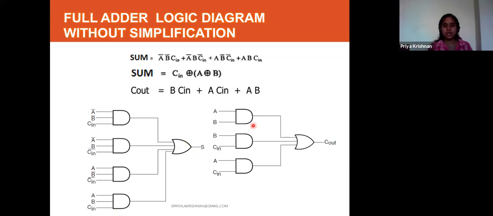And how many gates for carry? 6, 7, 8, 9. So totally 5, 6, 7, 8, 9 gates. Totally you want 9 gates if you want to implement the full adder circuit without any simplification. But if you want to put a full adder circuit in this area, how many gates do I have to place? 9 gates. The 9 gates will be occupying this much space in my circuit diagram, this much space on my board.